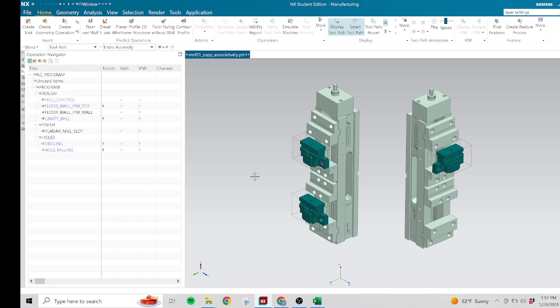Exercise number 10. We are going to copy operations between setup locations associatively. All right. So we are going to review the manufacturing setup. We are going to open the part, which is already open, and we are going to review the assembly structure